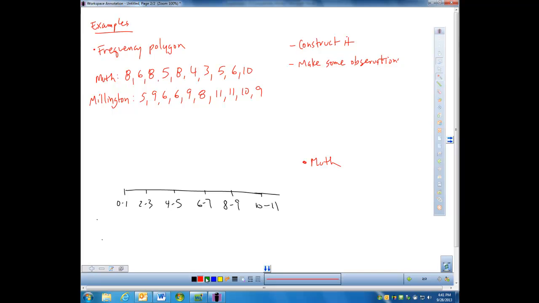I'm going to use green for Millington, and so I'm going to start making some tally marks here below so I can see what those values are. So I've got a couple. I got an 8, I got a 6, another 8, 5, 8, 4, 3 way over here, and then a 5, a 6, and then a good year last year with a 10. All right, so when I plot those, just like I would plot a bar graph or even a dot